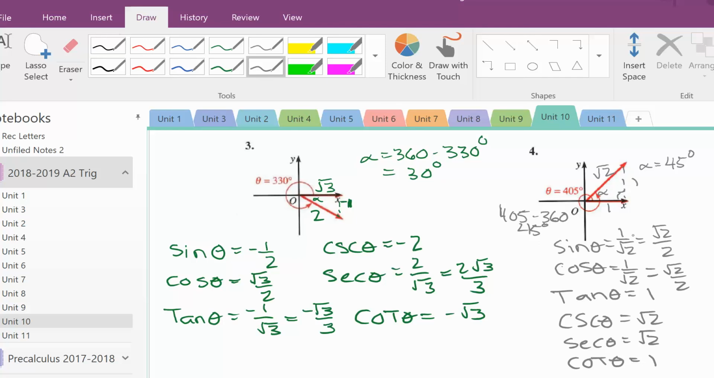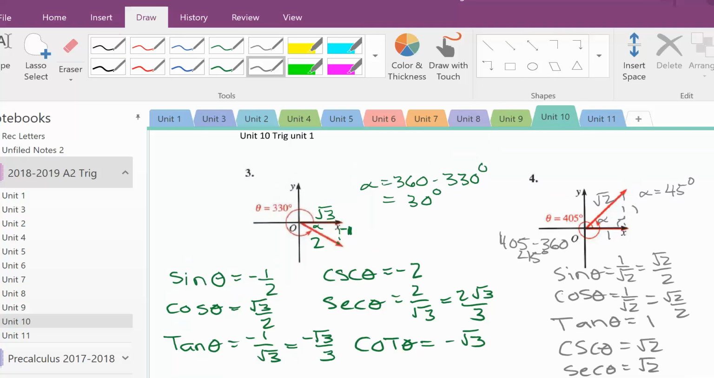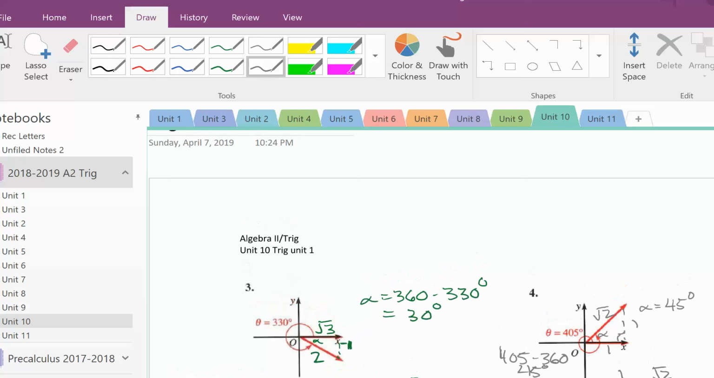So then the sine is 1 over rad 2, which is rad 2 over 2. Cosine is rad 2 over 2. Tangent is 1. Cosecant, or sorry, rad 2. Secant rad 2. And cotangent is 1. And you should notice that this angle here has the same values